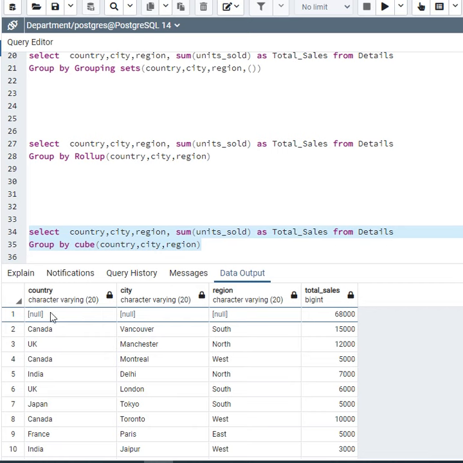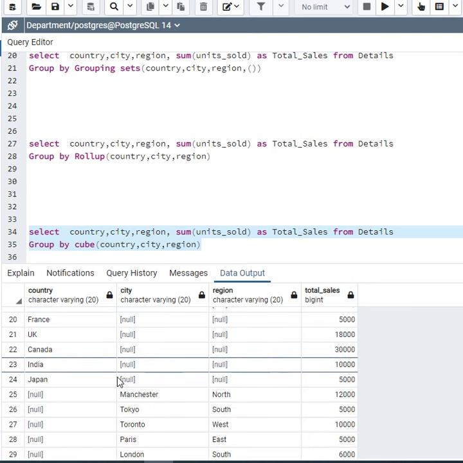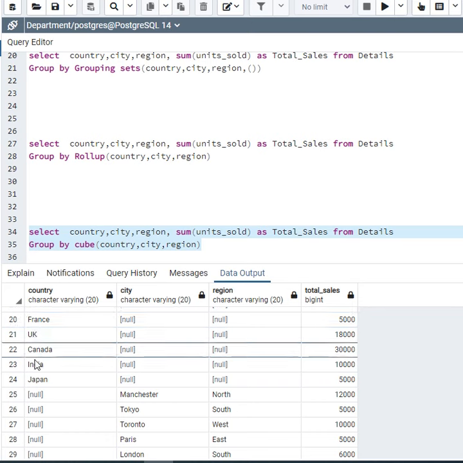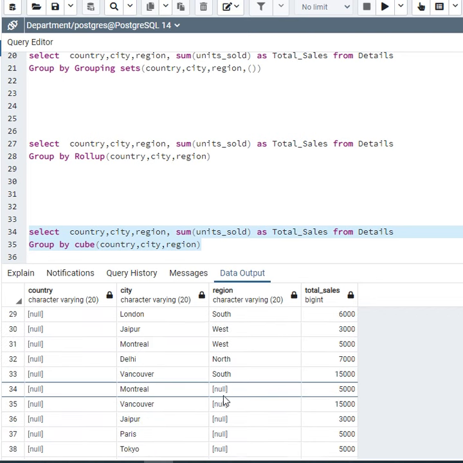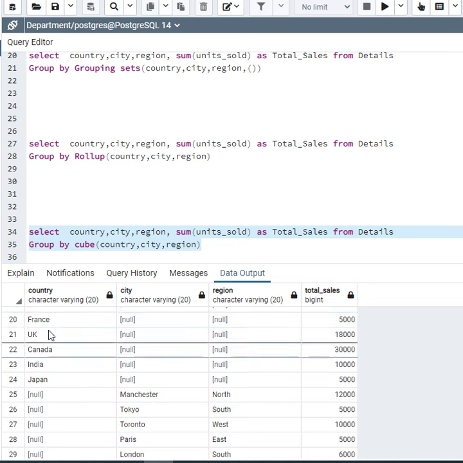It shows me the result: if I don't put any condition, it shows me total sales, and it shows me the total sales of the group of three columns, and then only country, only city, only region.